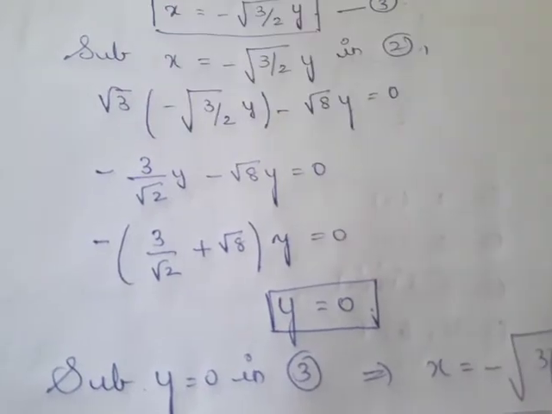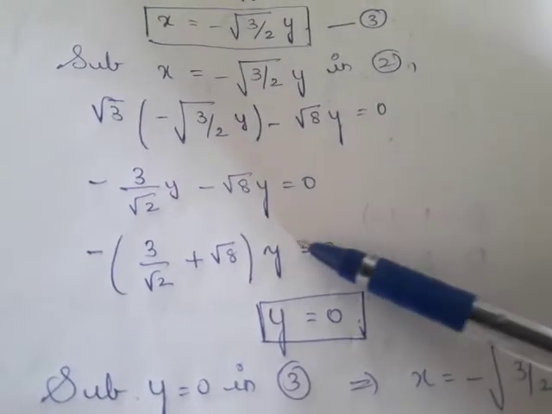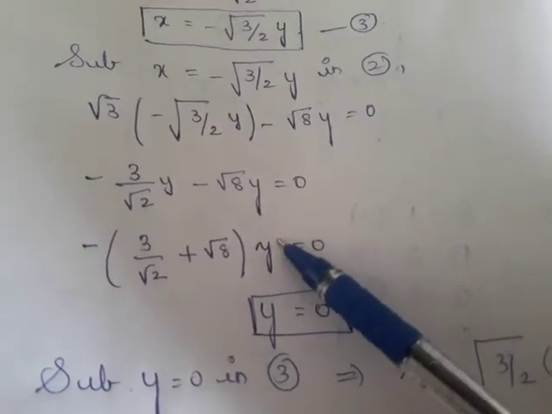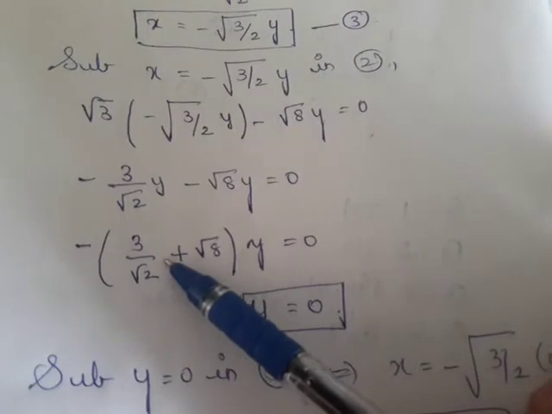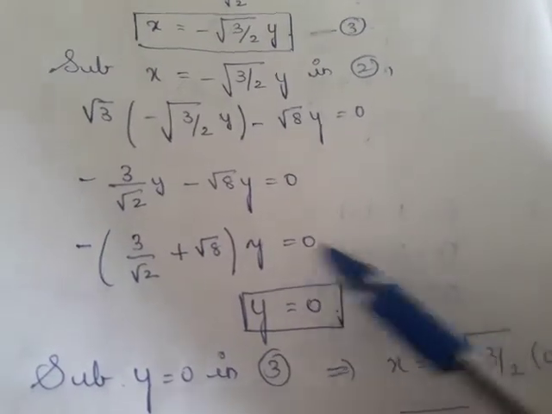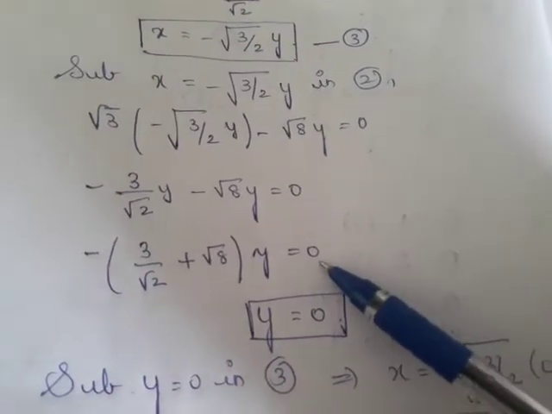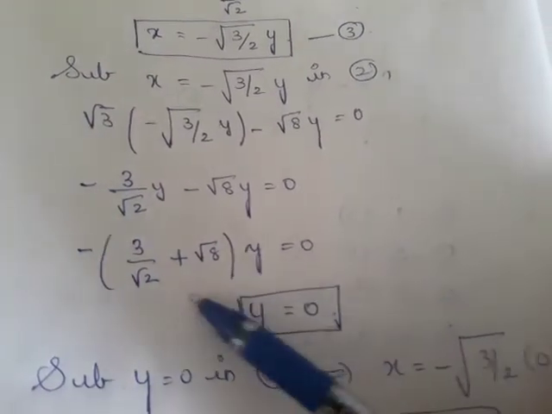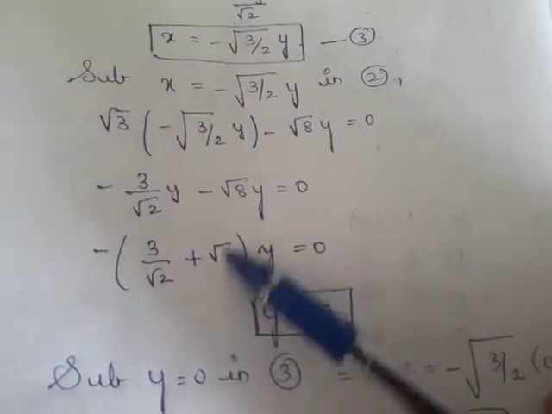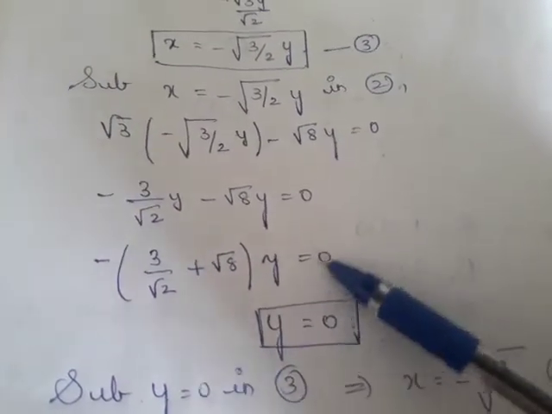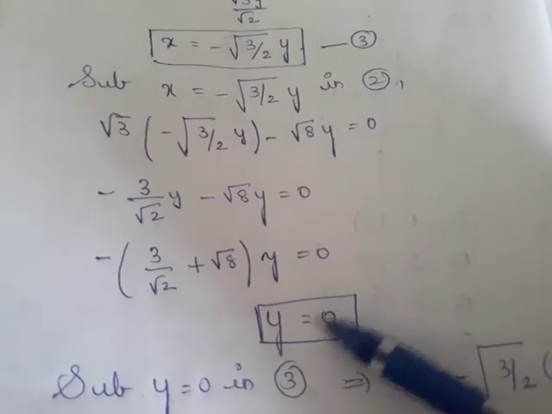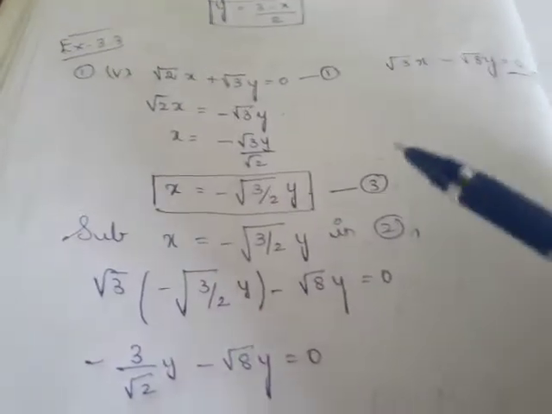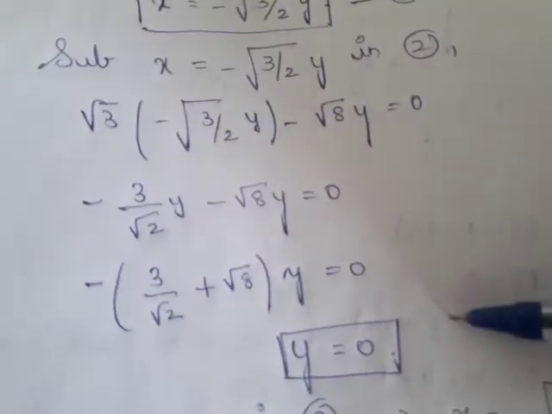Now what will happen? The problem has become so simple since we have equal to 0, because any number multiplied by any variable equal to 0. If you bring this number to the other side, what will happen? 0 divided by that number. 0 divided by any number will give you 0 only. So whatever complicated number it is, you don't need to bother. 0 divided by any sort of number will remain as 0 only. So y equal to 0, right? The question looks so complicated, but the answer is very simple.